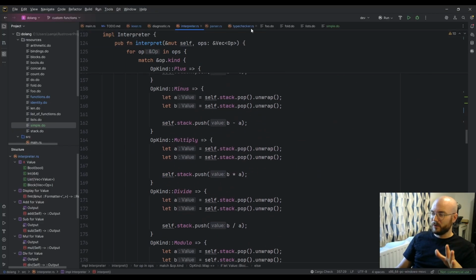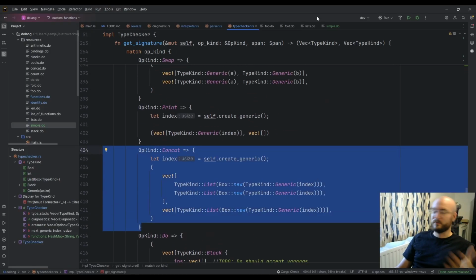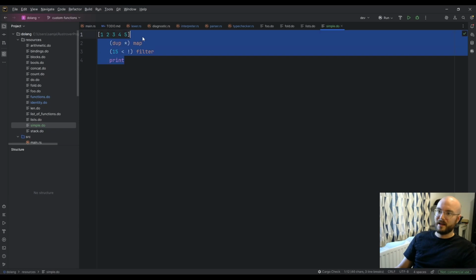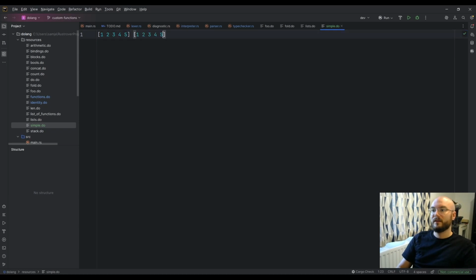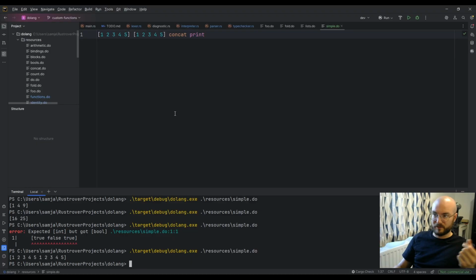But I implemented quite a few functions. So we have concat, which, so that's not a higher order function, but this is something else that I added. So if I have 2 lists and I concat them and then print, then as expected, it returns the concatenation of the 2 lists. And I was unsure as to which order it made sense to concatenate them in, because if you think about it, this is the left-hand side, and then this is the right-hand side. But I think until I start using this language to write more interesting programs, I've gone for this being the right-hand side and this being the left-hand side.